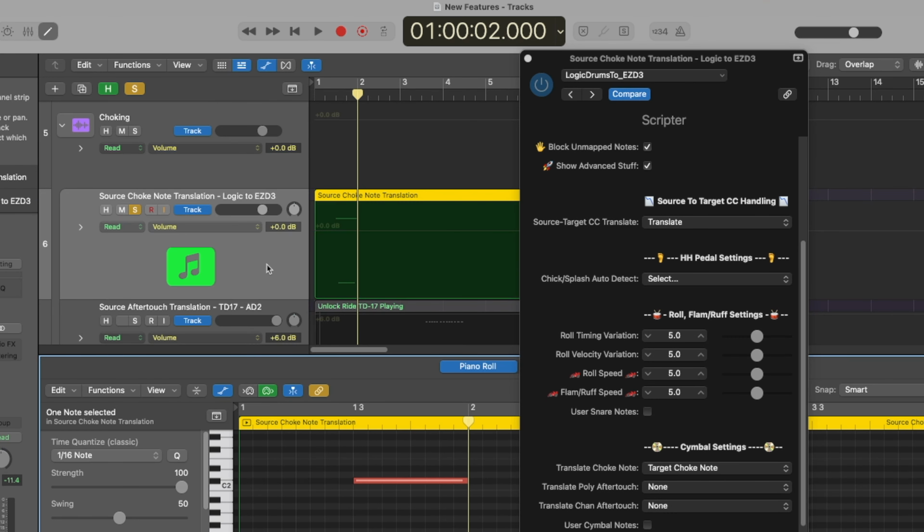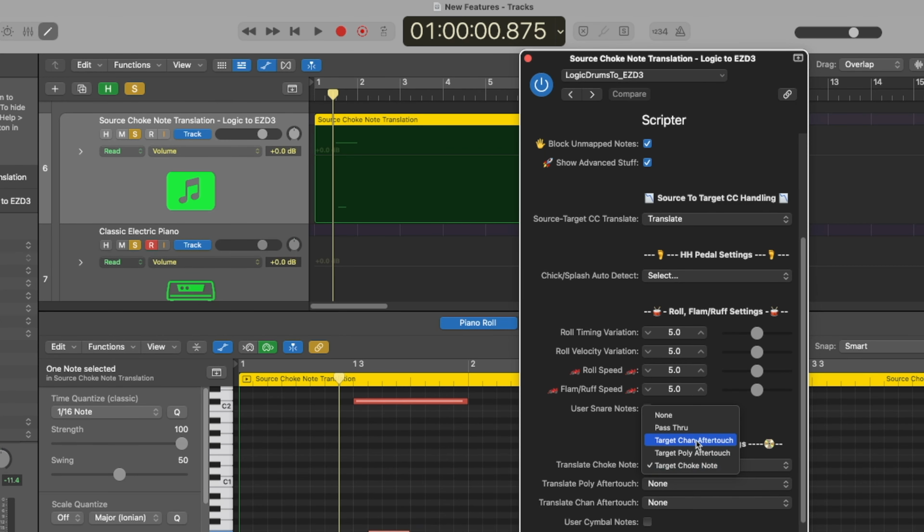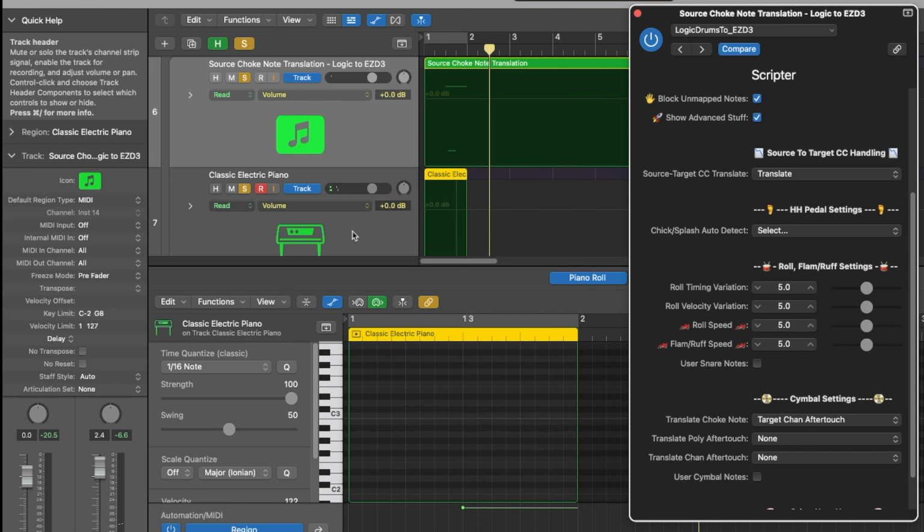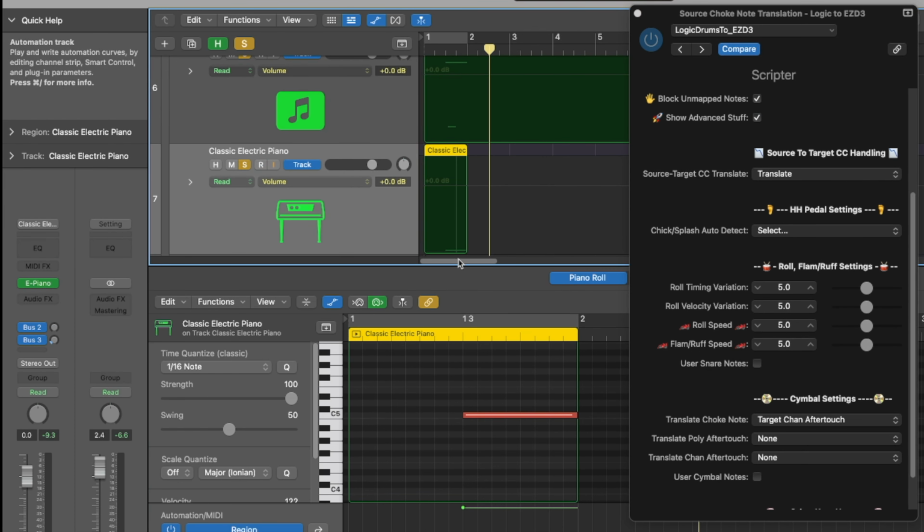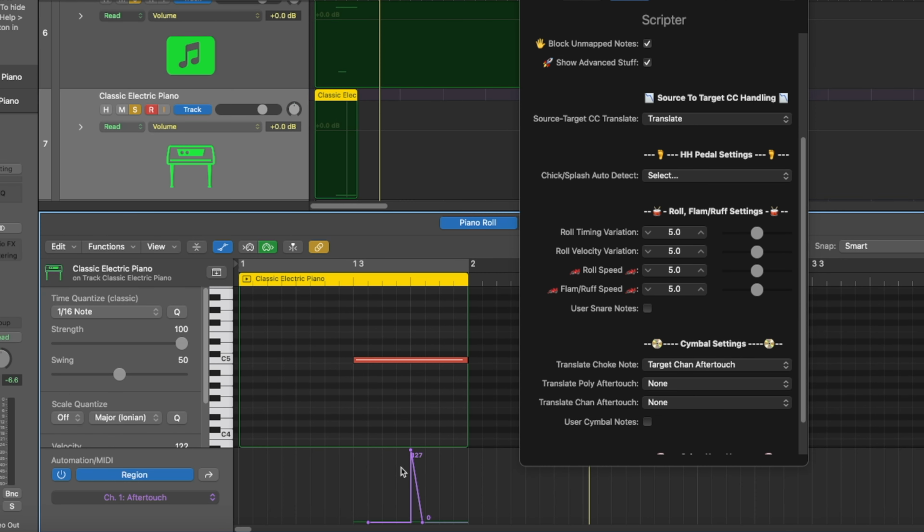And then we can record the result. For instance, if we have one of the aftertouch methods being used, record that. Okay, we heard that weird piano kind of sound. That's because I didn't have an instrument set here. Don't worry about that. The important thing is to see the recording, which now contains aftertouch data coinciding with where